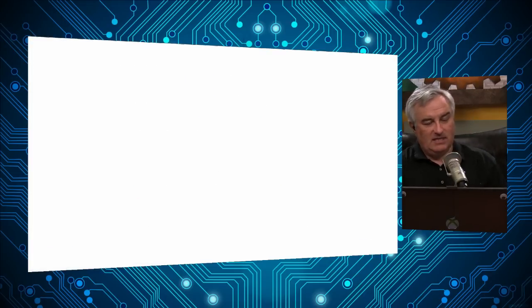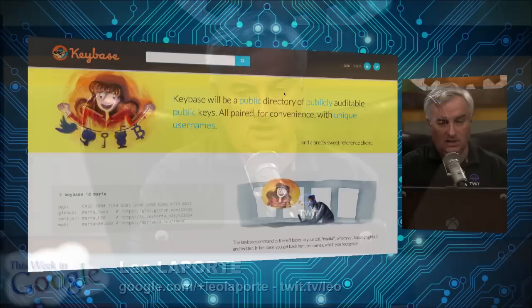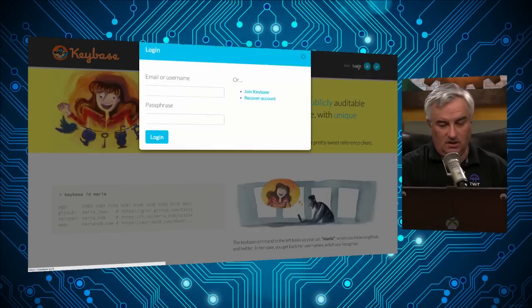Oh, that's fine. So it's keybase.io. It's founded by the two guys who did OkCupid, but this is not a monetary proposition. The idea of this, and let me just log in real quickly to my account, is to make it easy to do a few things. One, to do PGP crypto, open public key cryptography, but the other is to find people's public keys in an auditable, verifiable directory.